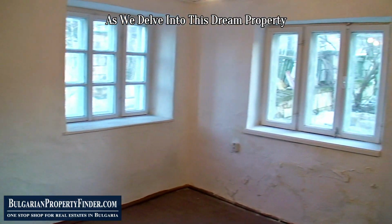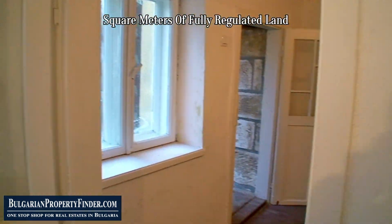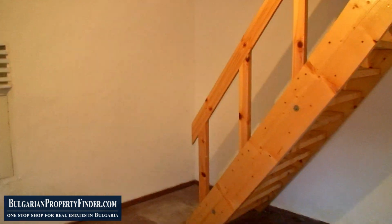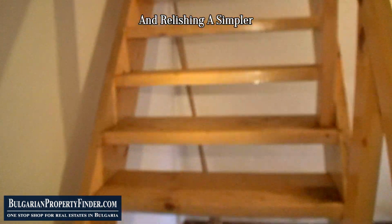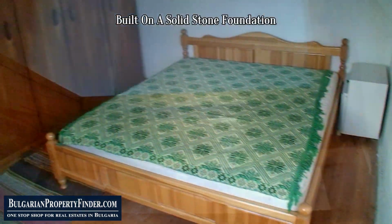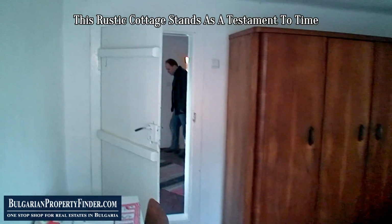As we delve into this dream property, picture yourself on 900 square meters of fully regulated land, an idyllic canvas awaiting your creativity. Imagine cultivating your own vegetables, gathering fresh eggs from your chickens, and relishing a simpler, more fulfilling lifestyle. Built on a solid stone foundation with thick walls made of handmade double bricks, this rustic cottage stands as